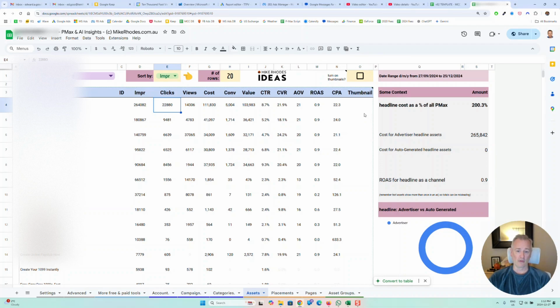And so, very quickly you can go through a set of headlines, as is the case here, and you can determine which ones are driving a good return, right? ROAS being one of the most important figures for this client, and which ones aren't.